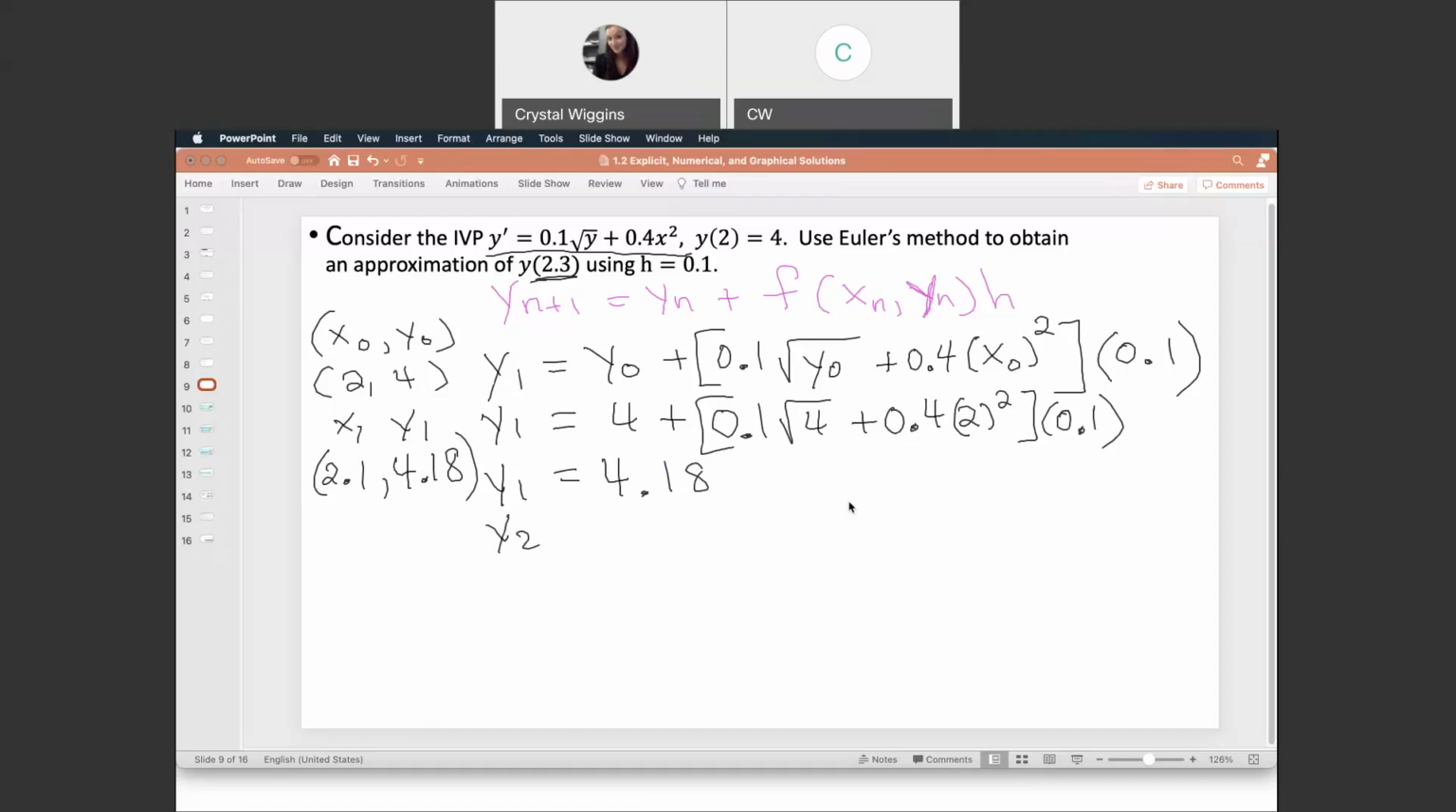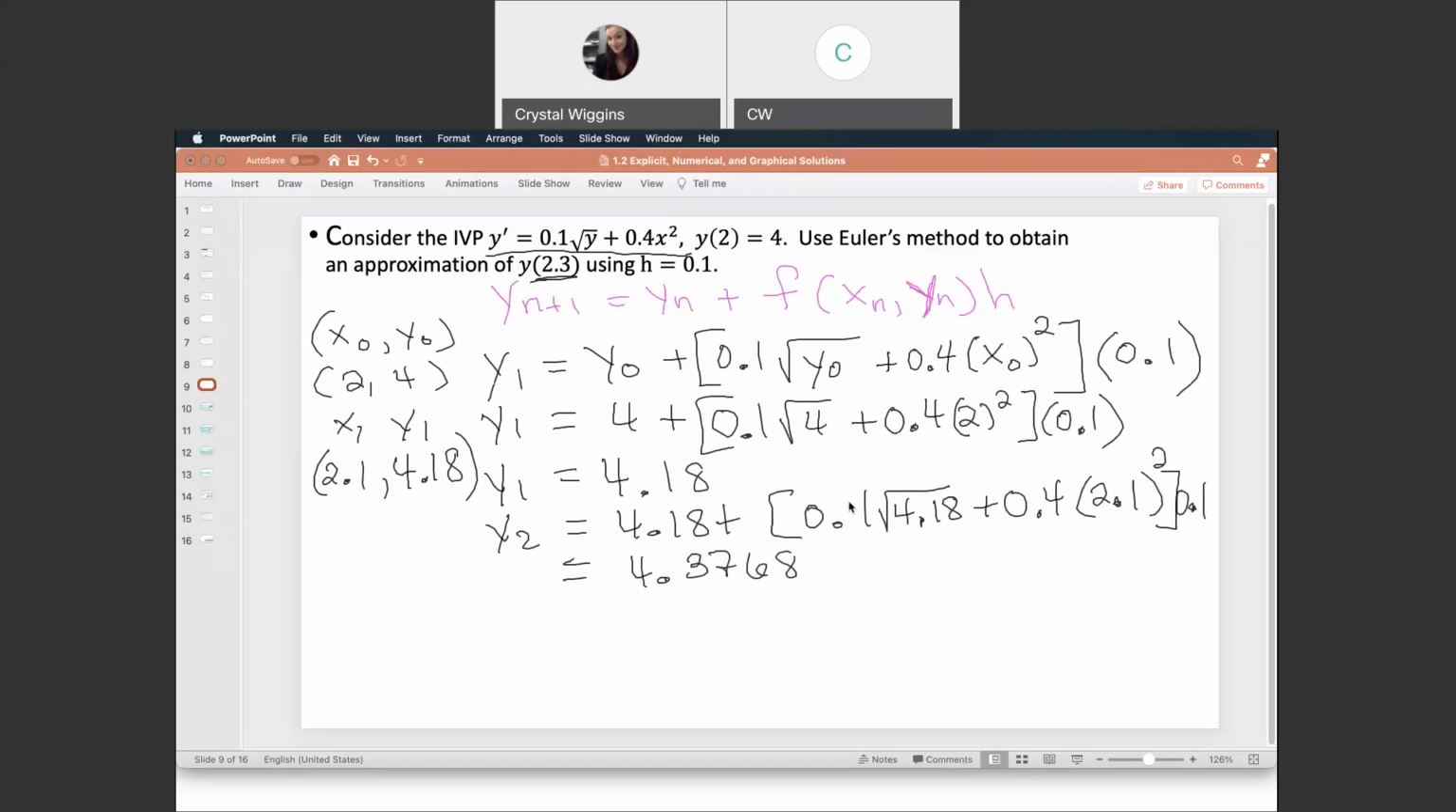All right, so y2, we're going to take y1, which is 4.18, and add to it the function 0.1 times the square root of y1, 4.18, plus 0.4 times the x1 squared, and we multiply that function by the step size of 0.1. When we do that all out, our y2 comes out to be 4.3768. So now we have a x2, y2, where we add another 0.1 to 2.1, giving us 2.2, and our